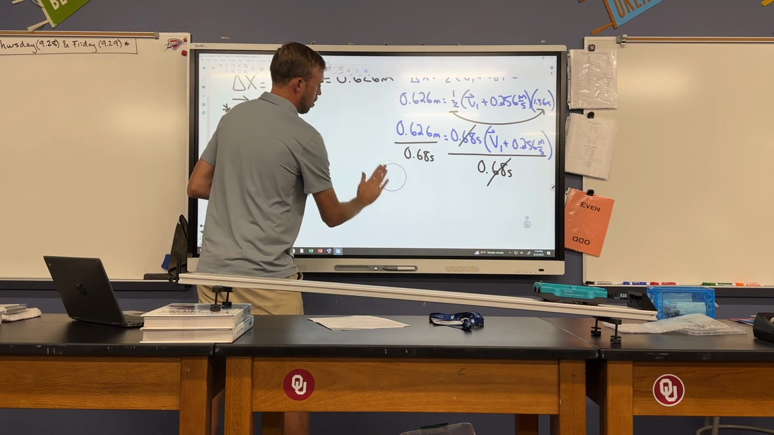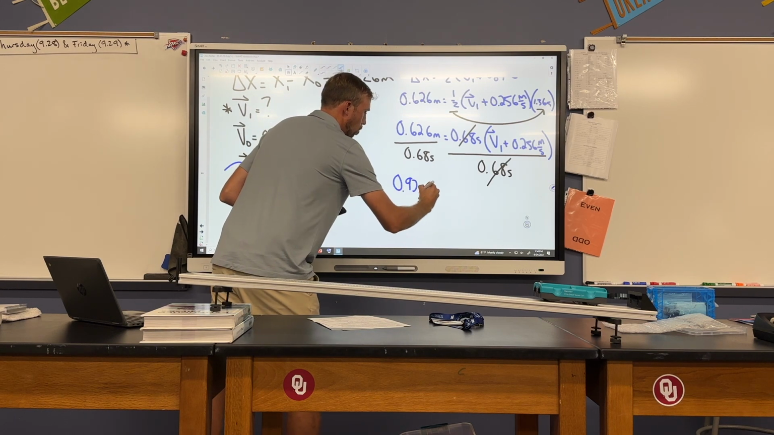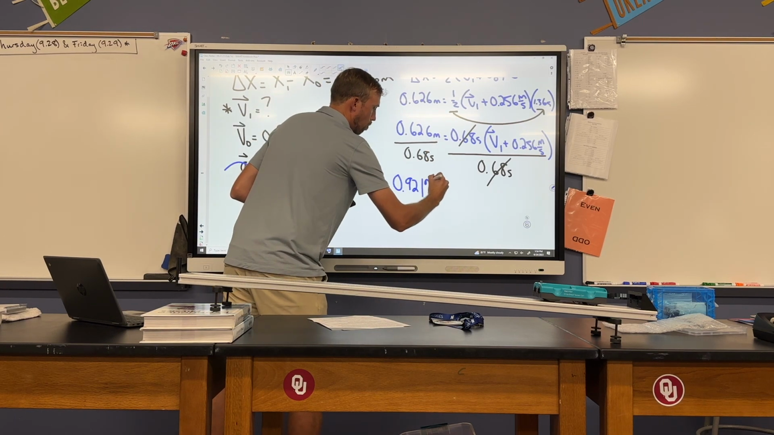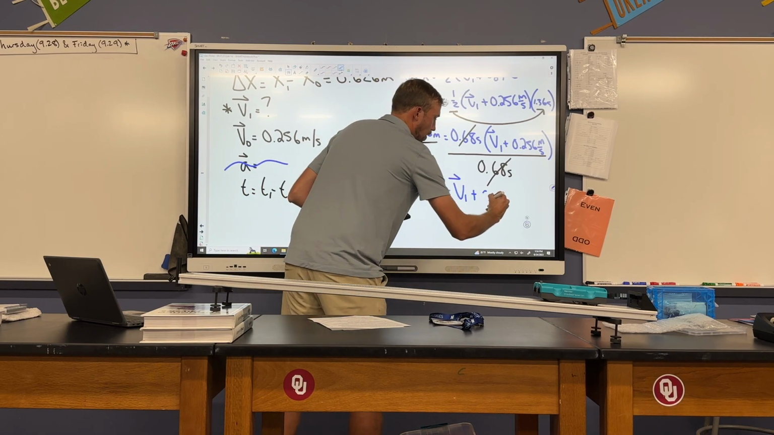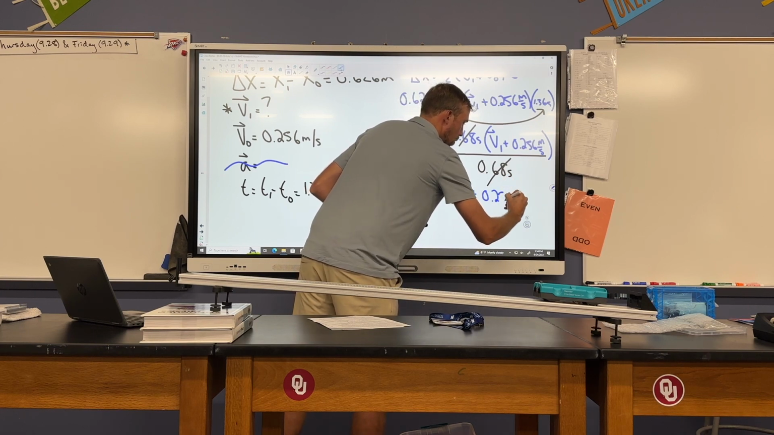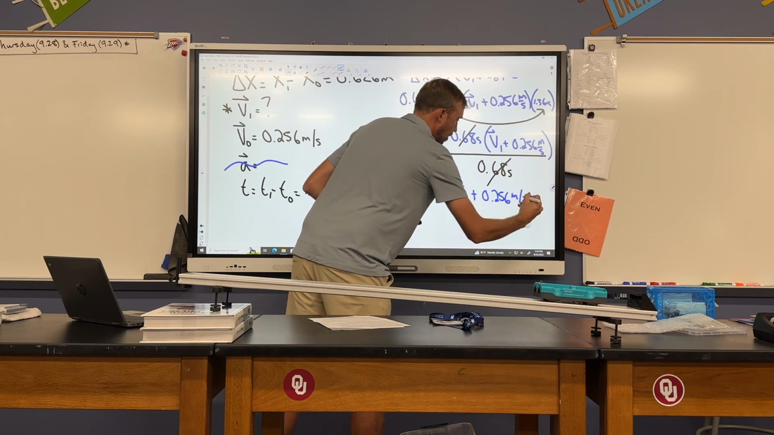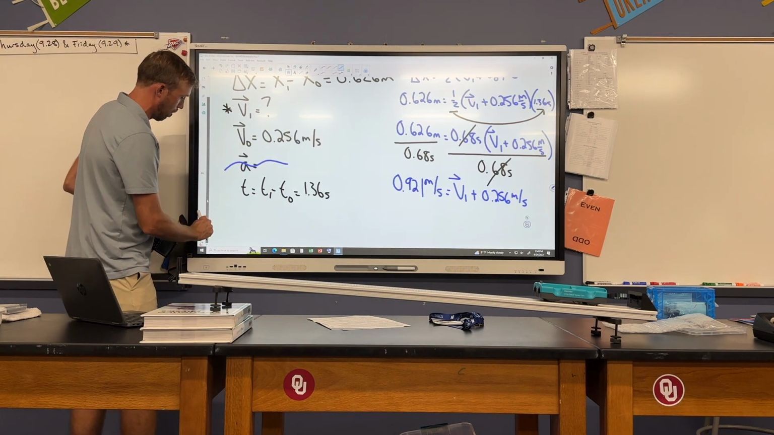Interesting. 0.921 meters per second is equal to my final velocity plus my initial 0.256 meters per second. And then lastly, to get my v1 term by itself, all I need to do here is subtract over